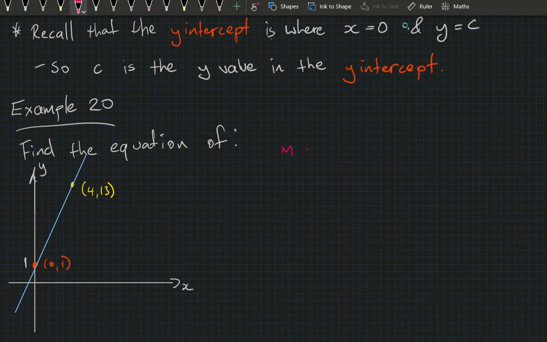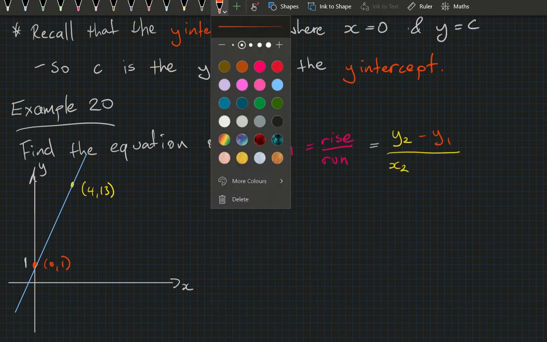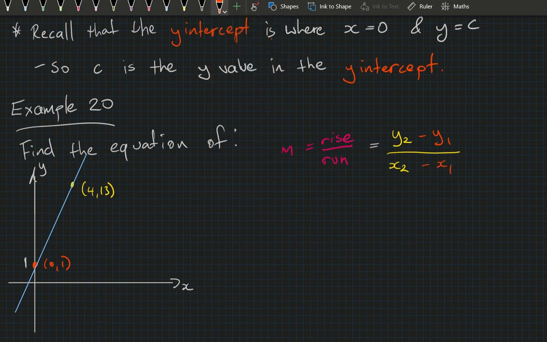And so let's figure out m, which equals rise over run, which equals y2 minus y1 over x2 minus x1. Notice how I've used the colours just to make it really clear which x and which y relates to which point. That means that the rise is equal to 13 minus 1, and the run is equal to 4 minus 0. So if I mark in the run and then the rise, we can see that they're equal to 12 over 4,